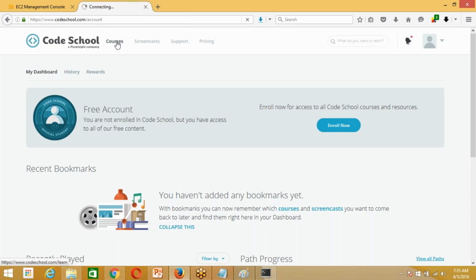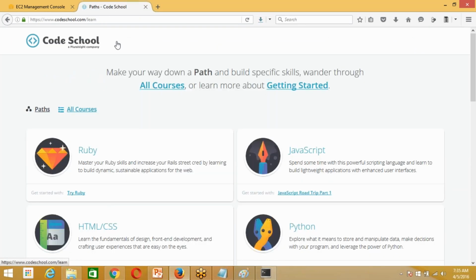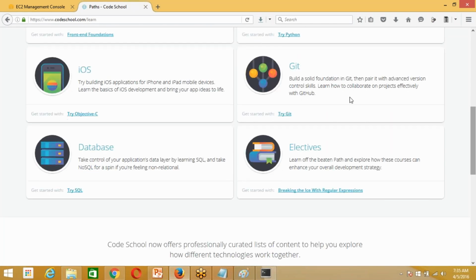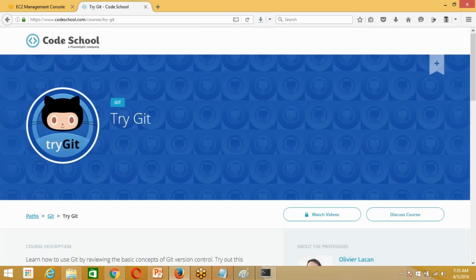There you go to courses. So it is mostly coding. If you want to learn some Python or some HTML, you can later have a look at this. Click on Try Git.